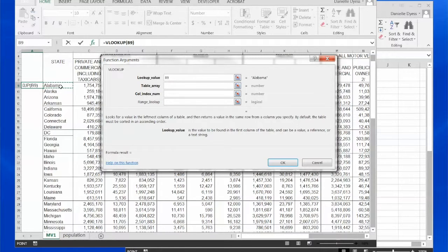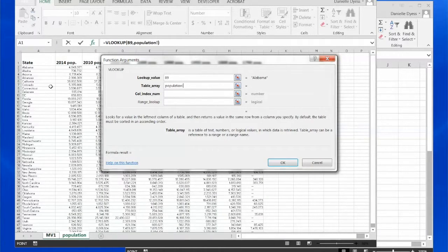We're looking for the spreadsheet to match Alabama from this page to the next page here. The next question is, where are we looking for the match? For table array, we'll click to our population sheet and select the entire sheet. Again, we'll use this triangle here in the top left. We're asking Excel to look for Alabama, which is in B9 on our first sheet, in all of the population